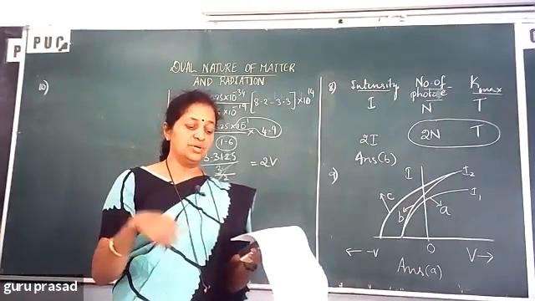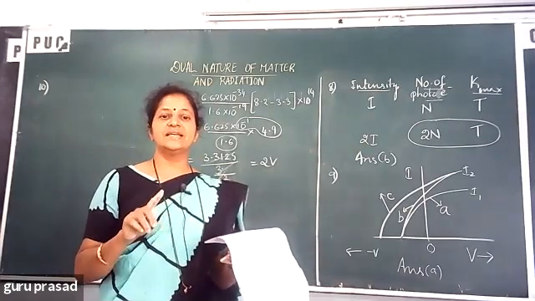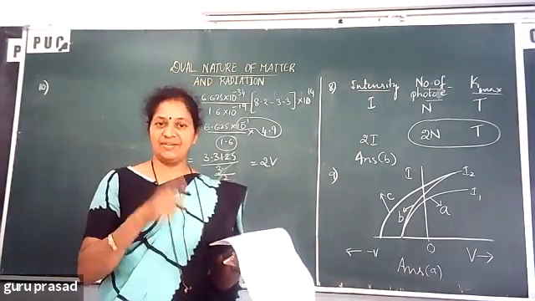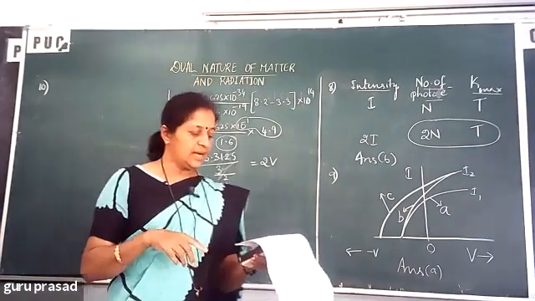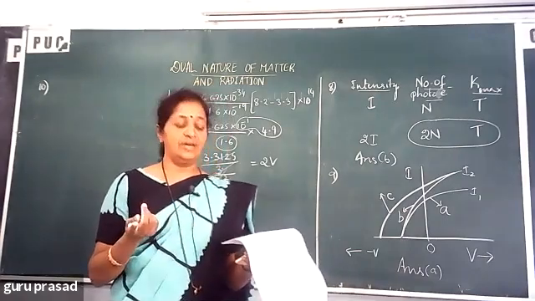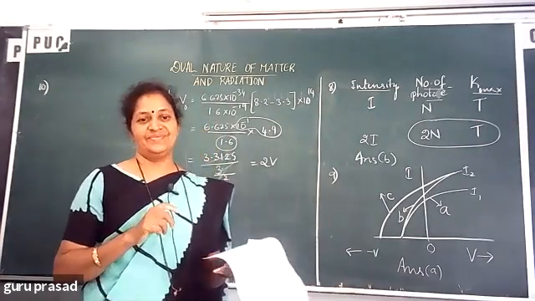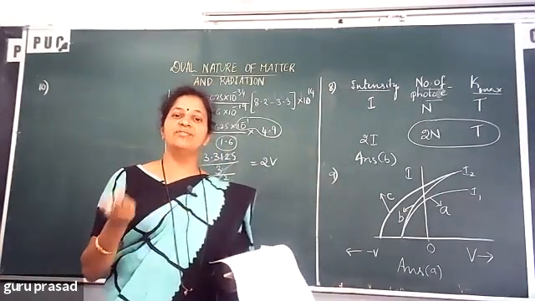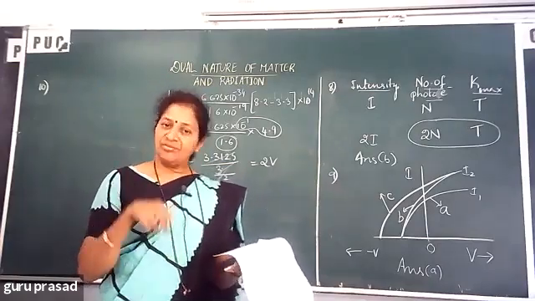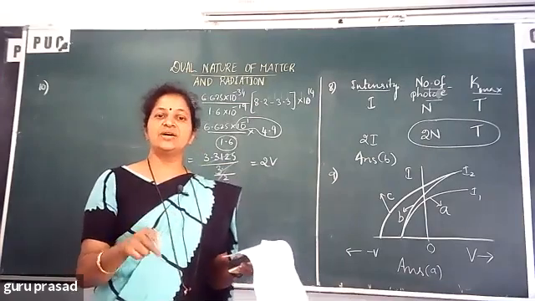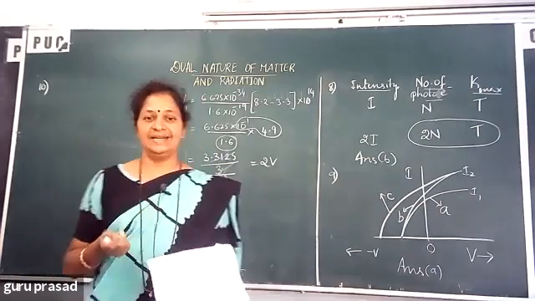When the source is moved to a distance of 1 meter, the distance is doubled. Before it was half meter, now it is 1 meter. So now the number of photoelectrons emitted will be reduced by what factor? You must understand that the number of photoelectrons emitted depends on the intensity of the incident radiation. Now we will look at how they are related.